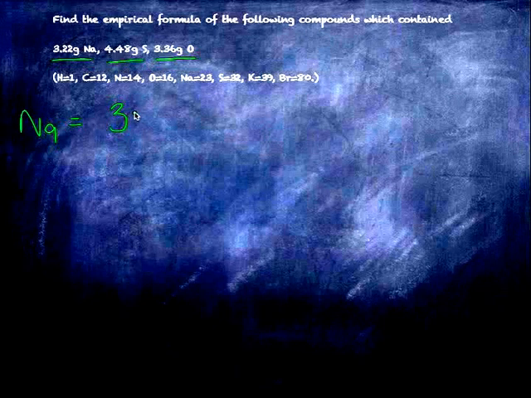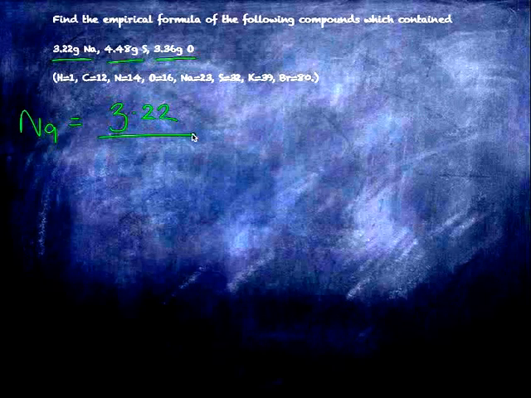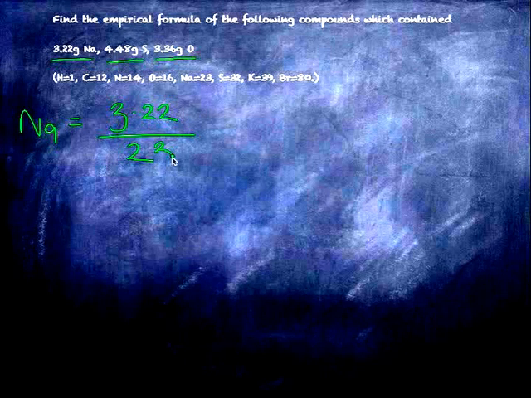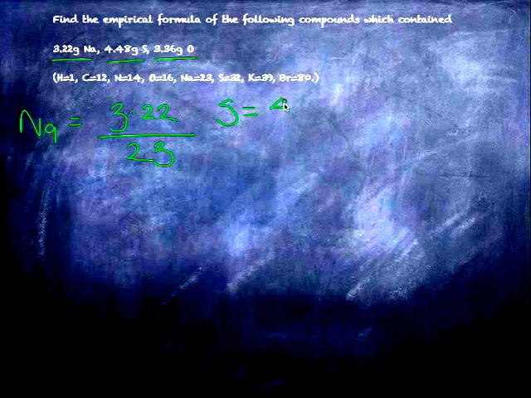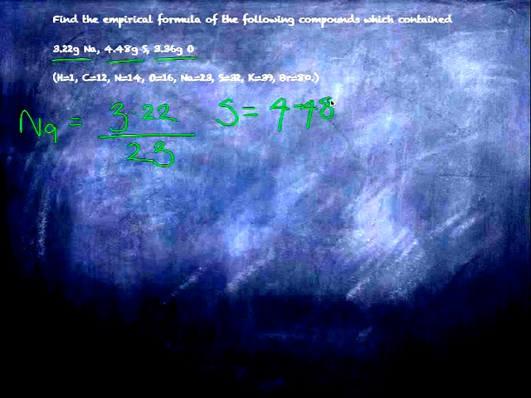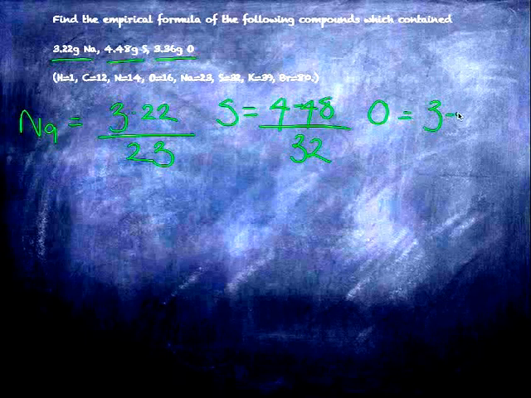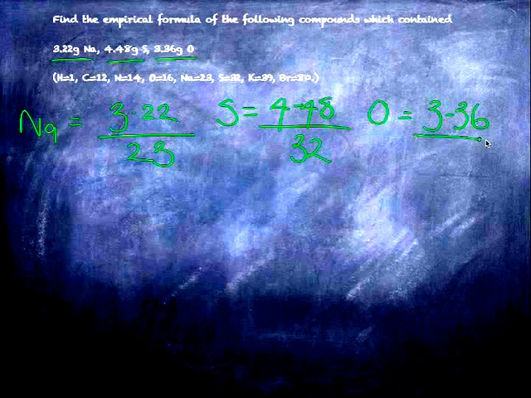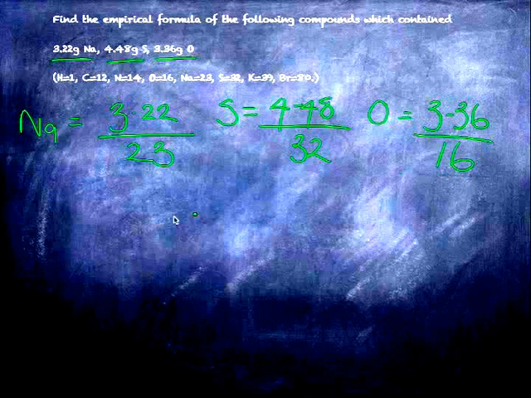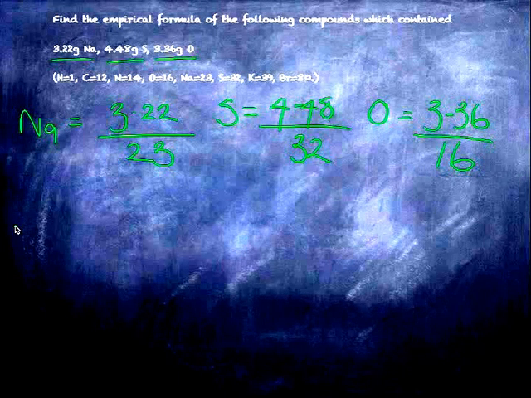We've 3.22 divided by 23. We have the sulfur, 4.48 divided by 32, and the 3.36 grams of oxygen divided by 16. So when we've done